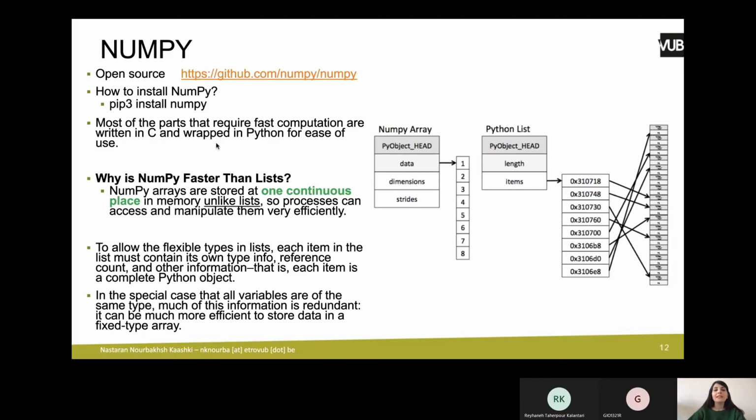Why is Numpy faster than lists? Numpy arrays are stored at one continuous place in memory, unlike lists, so processes can access and manipulate them very efficiently. If you remember from, I think, the second lesson, when I was giving the